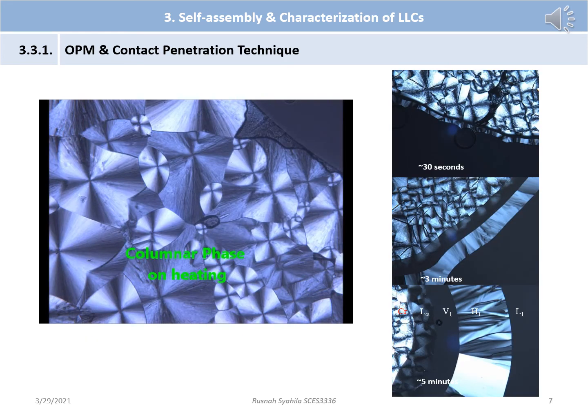In lyotropic investigation, we can use the contact penetration technique. In this technique, initially, materials are heated without a cover slip to dry the sample. Liquid crystal material compressed between slide and cover slip gives a uniform sample. Then, place the material under the microscope. A water drop is placed on the edge of the cover slip and water wicks into contact with the sample. Almost immediately all phases can be seen as bands in concentration sequence, and by changing the temperature we can rapidly survey